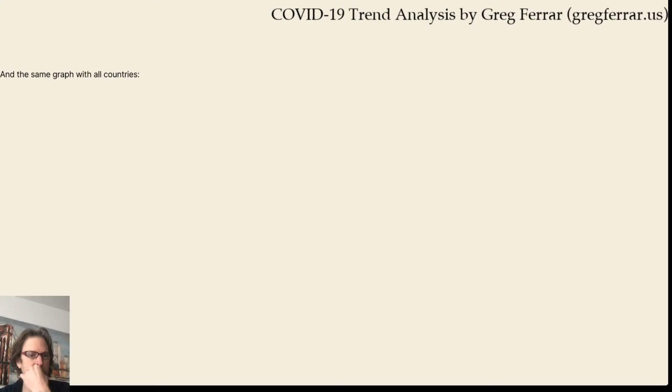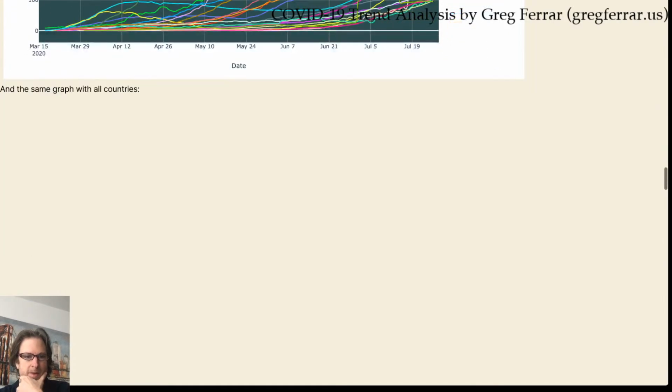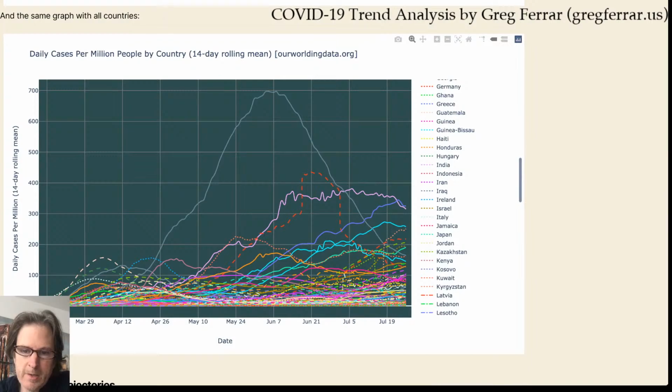The all countries graph of daily cases per million is just missing. I have had some problems with this website, for instance, the way everything is left aligned, but I haven't seen that problem. All right, it's back. Let's just look at Italy though in daily cases per million, and